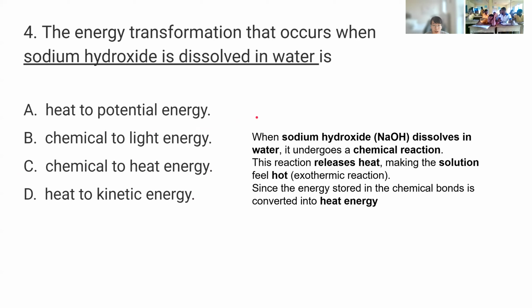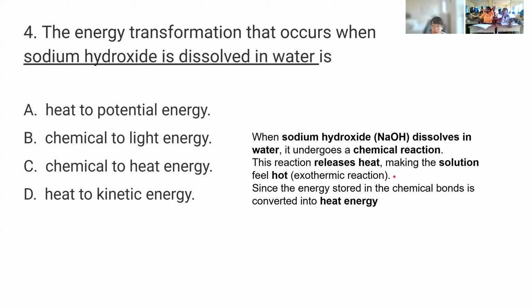If you're wondering what occurs when sodium hydroxide is dissolved in water, I've provided a little information here. When sodium hydroxide dissolves in water, it actually undergoes a chemical reaction. So from this information, we know that sodium hydroxide has chemical energy. But what is that chemical energy converted into? Well, when sodium hydroxide is dissolved in water, it also releases heat. It's a form of exothermic reaction, meaning